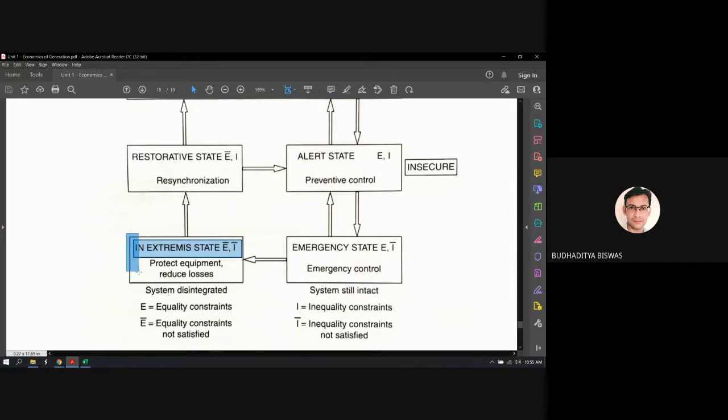What does this state mean? Here, two limits are violated. One, the load demand is not satisfied. Second, the generation crosses the limit. So what do we need to do first? We need to bring the generation within the limit. This is our prime importance. Satisfying the load demand is not the prime importance in this state. So first we need to decrease or increase the generation to make it within the limit. If it is possible, then we go for the equality constraint, that means the load demand should be equal to the generation.